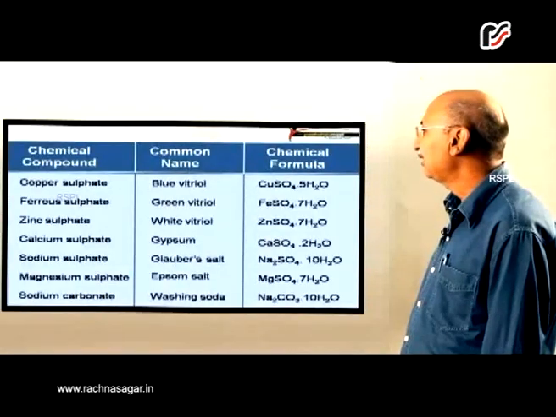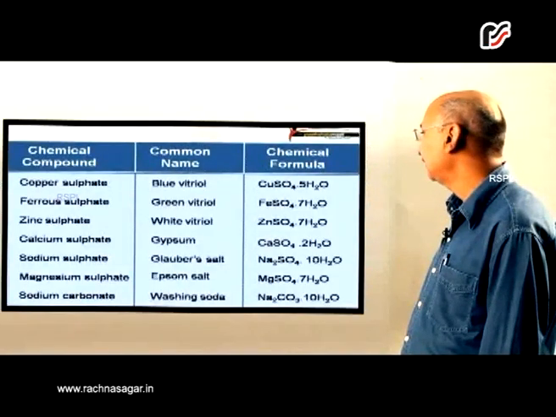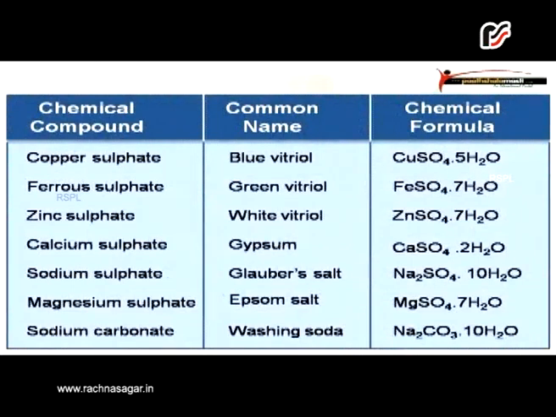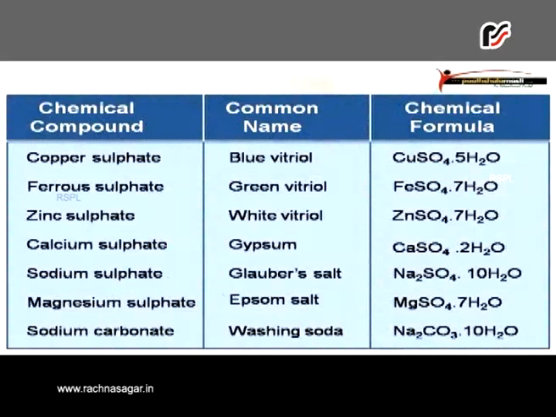These are chemical compounds, their common names and chemical formulas. The first one is copper sulfate. We can call it hydrated copper sulfate. Its common name is blue vitriol. Formula is CuSO4 into 5H2O. Ferrous sulfate is called green vitriol. Formula is FeSO4 into 7H2O. Zinc sulfate is called white vitriol. It is ZnSO4 into 7H2O. Calcium sulfate is also called gypsum. It is